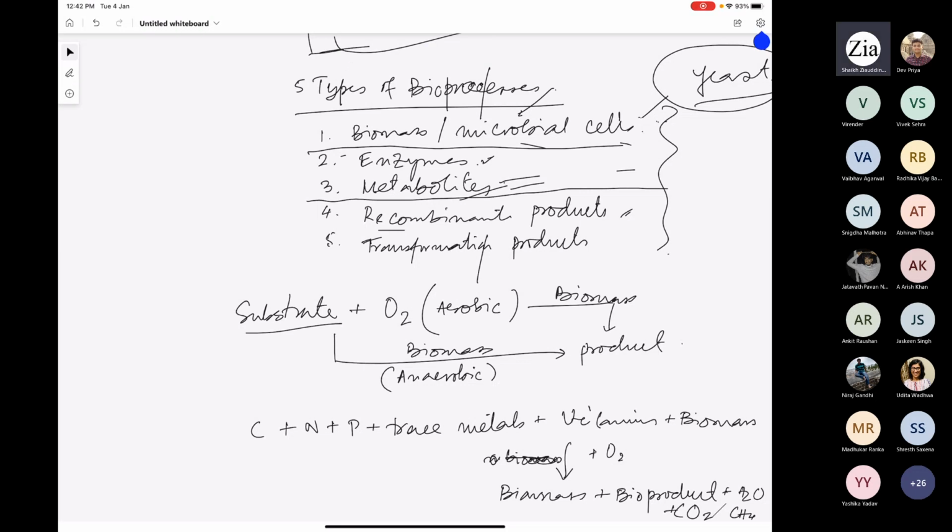Now, the CNP requirement you need to calculate, and similarly for trace elements and vitamins, you need to calculate their amount to know how much raw material is required to produce a certain amount of product. So if you get a stoichiometric equation, suppose